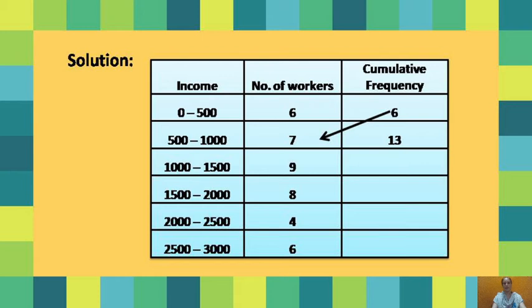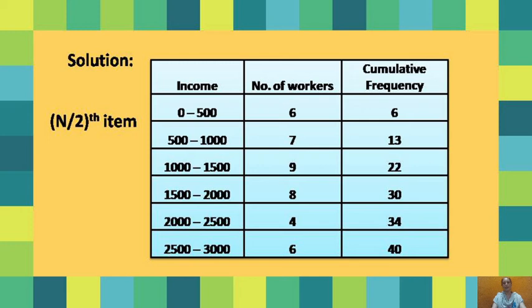Now the second step is we need to calculate the n by 2th item value. As I have told you, n is the summation of the frequencies. Here you can see either you can sum the middle column to get the value of capital N, or you can take the last class cumulative frequency, which also indicates the summation of the frequencies. So here it is 40. 40 by 2 gives you the 20th item.